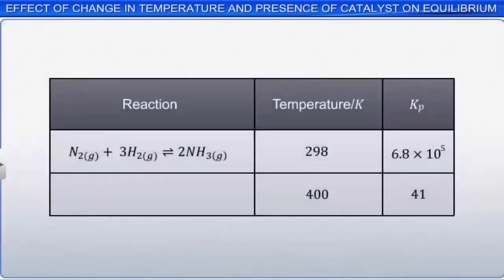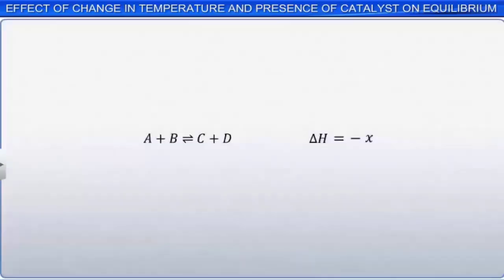For example, the equilibrium constant for the gas phase reaction of the formation of ammonia from nitrogen and hydrogen at 298 Kelvin is 6.8 multiplied by 10 to the power of 5, while it is 41 at a temperature of 400 Kelvin. The value of the equilibrium constant for a given reaction varies with temperature. In general,